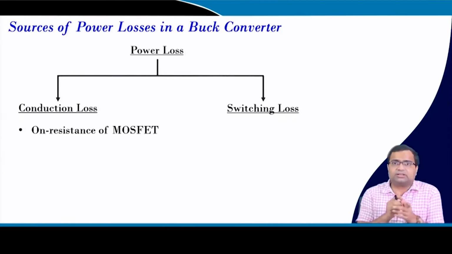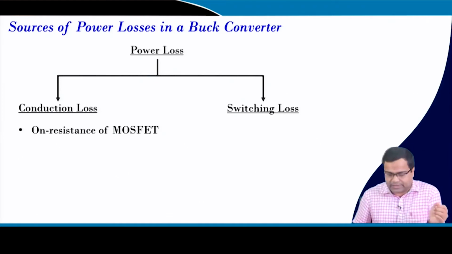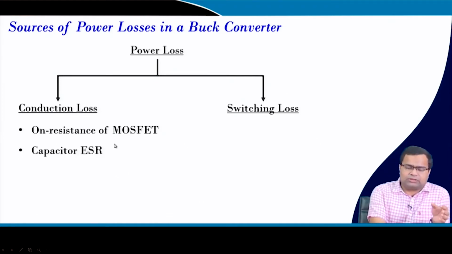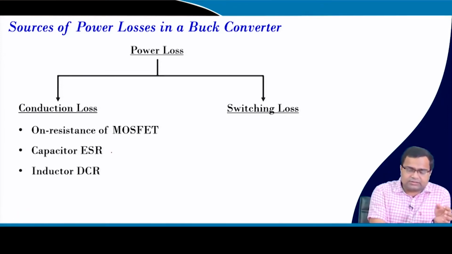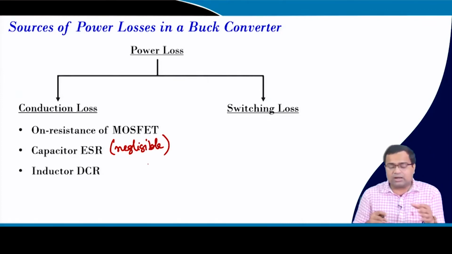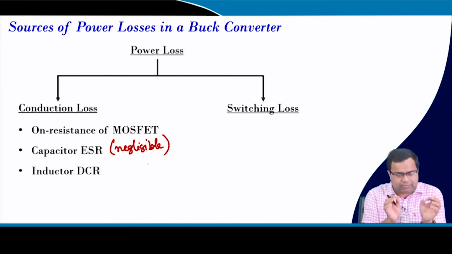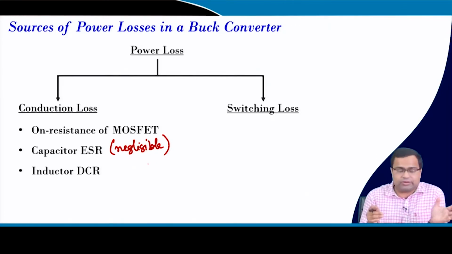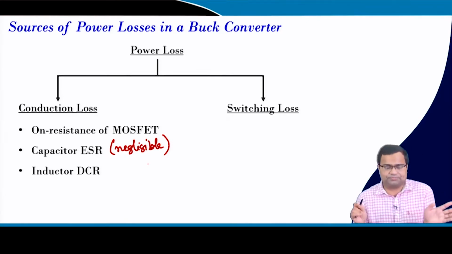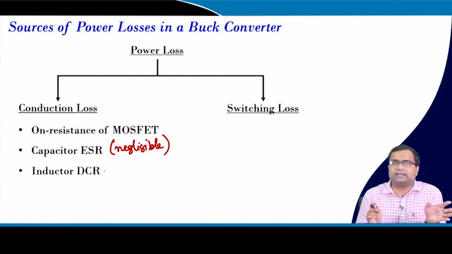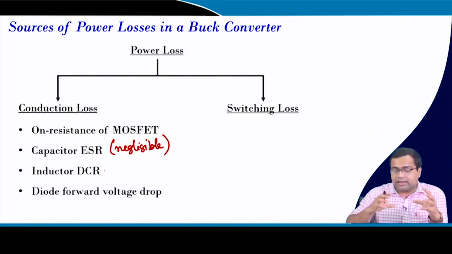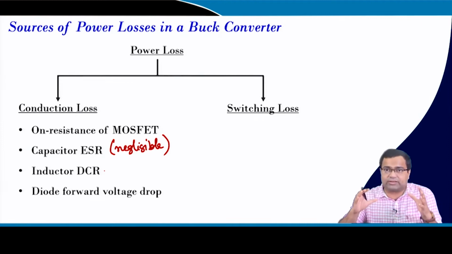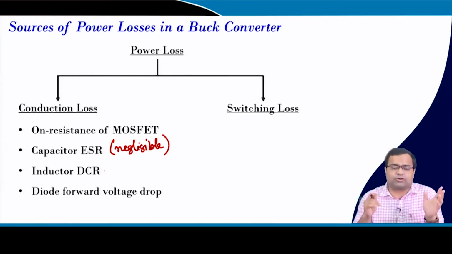Under the conduction loss, there are the losses due to the on-state resistance of the MOSFET, and the ESR of the capacitor, although this is sort of negligible under high load or medium load. But this may not be negligible when you go to very low light load and continue to operate in continuous conduction mode. Then the inductor DCR, the DC resistance of the inductor, causes conduction loss, and if you take a diode-based DC-DC converter, not the synchronous one, then the diode forward drop will also contribute to conduction